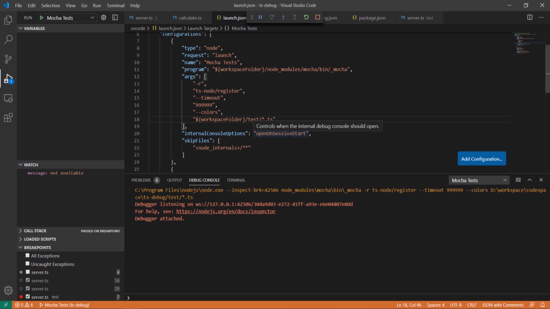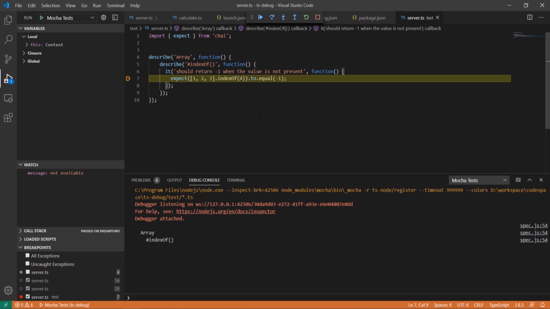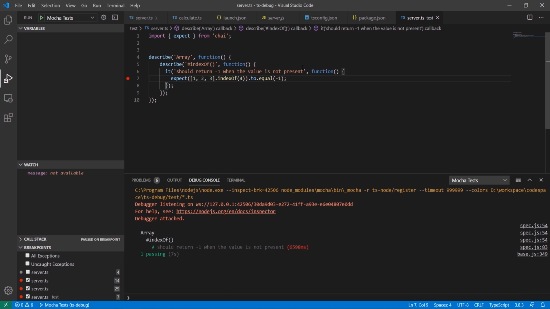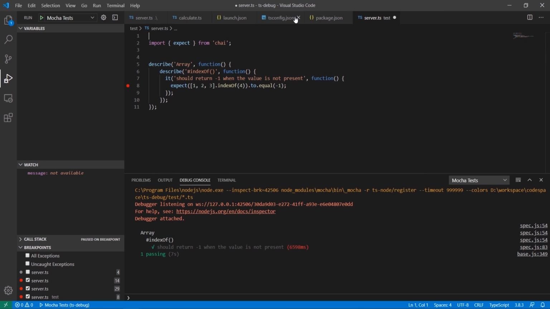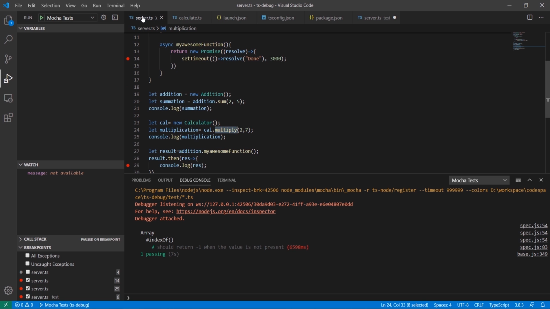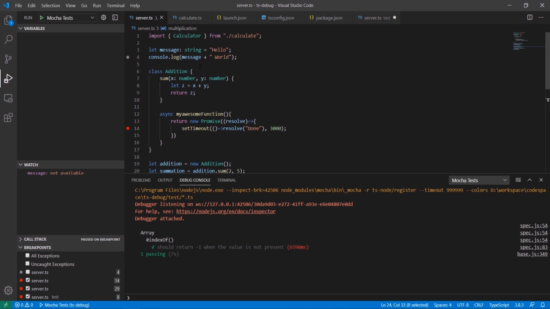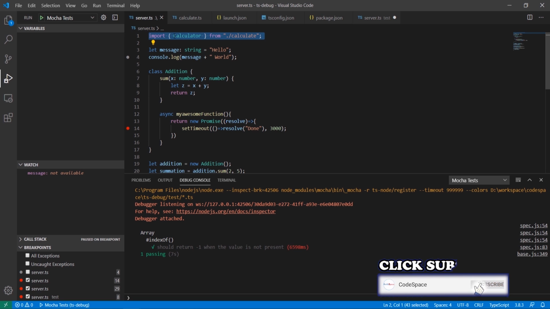So once we run, we can see that the debugging point is being hit, and once you release it, the test cases are passed. We will close this unnecessary server.js file, which is not required. It makes us a little bit confusing. So what we will do is we will now import calculate.ts and try to debug the multiply function. So we'll directly copy it from server.ts,